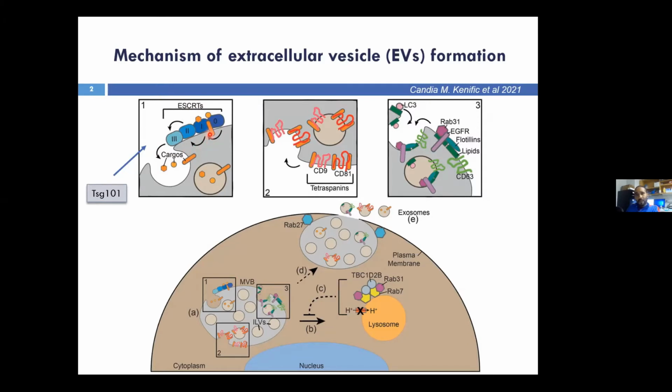For instance, the ESCRT-1 subunit contains TSG101, which is going to come later in the talk. And it's able to bind to ubiquitinated protein that will then be transferred into extracellular vesicles. It can also interact with the ESCRT-2, and it's crucial for the membrane budding and for closing the neck of the vesicle. A second way in which EVs are formed is by utilizing tetraspanins, which are transmembrane proteins, and